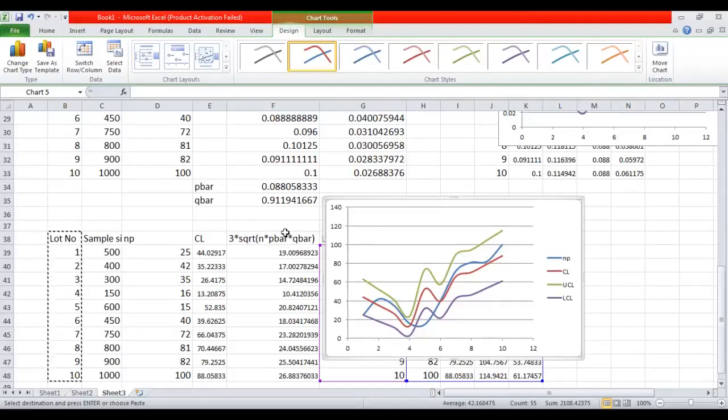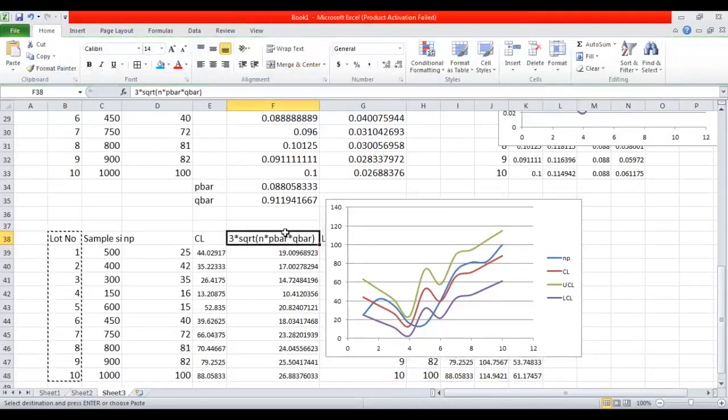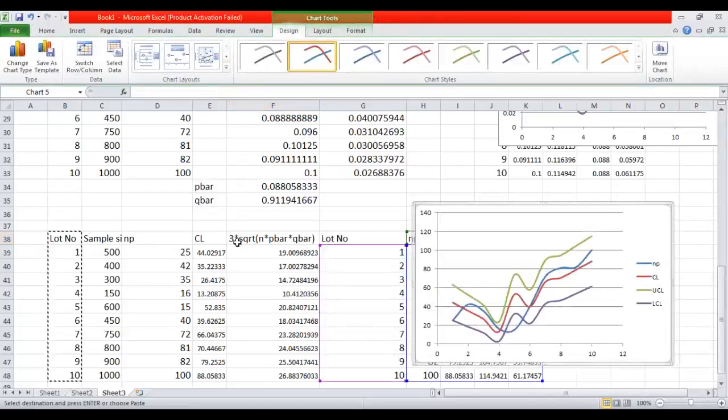Similarly, here, how I have found 3 into square root of this value. First find out 3 into square root of U bar by Ni. Then use U bar plus that value, U bar minus that value. We get the different UCLs and LCLs. We have done varying sample size for NP chart. Similar way you can do U chart also. So by this, all the practicals we have completed using MS Excel. Practice all these 4 practicals, which are very, very important.